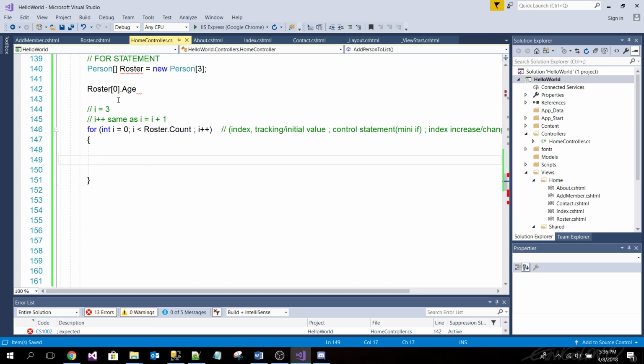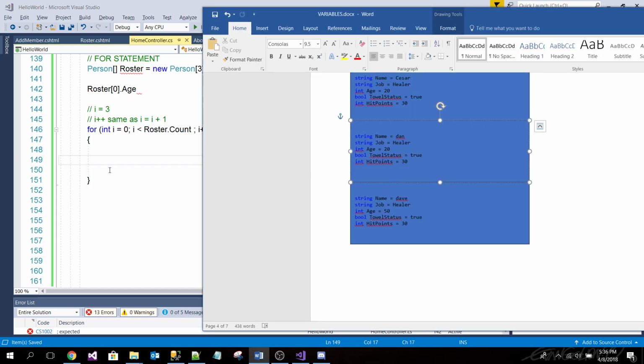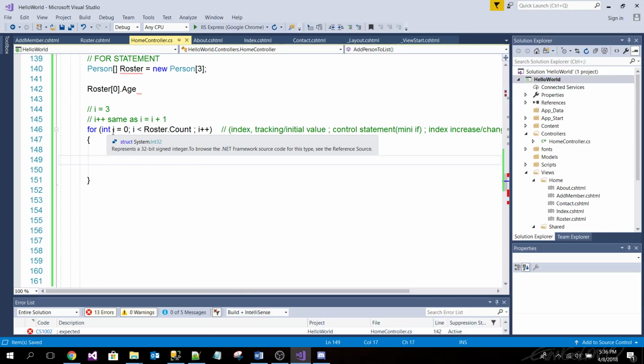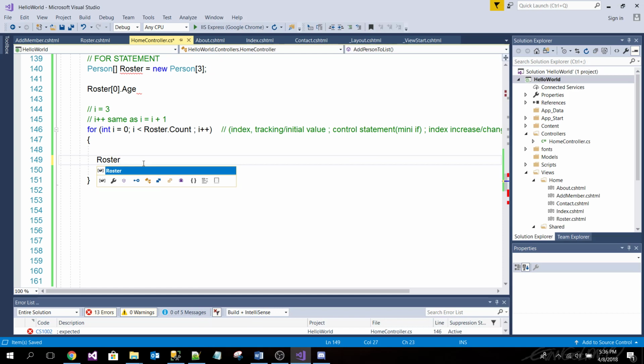So having this here, how do I change each person's age to 111? In the roster, how would I do that? Using this loop. Roster[i].age = 111.